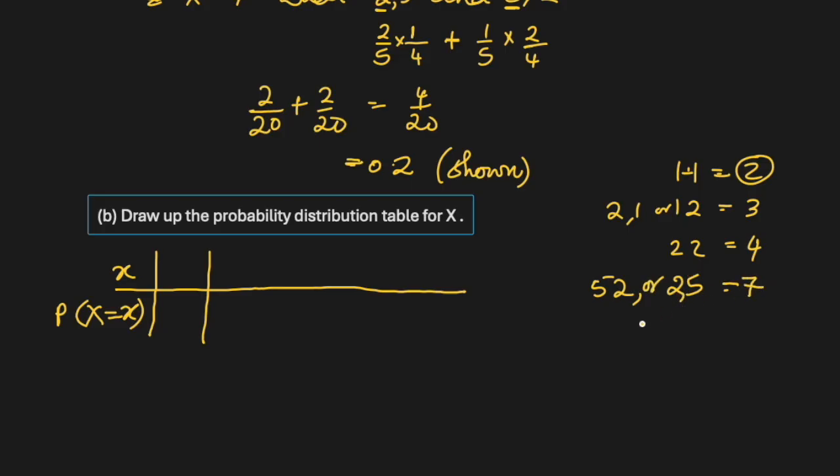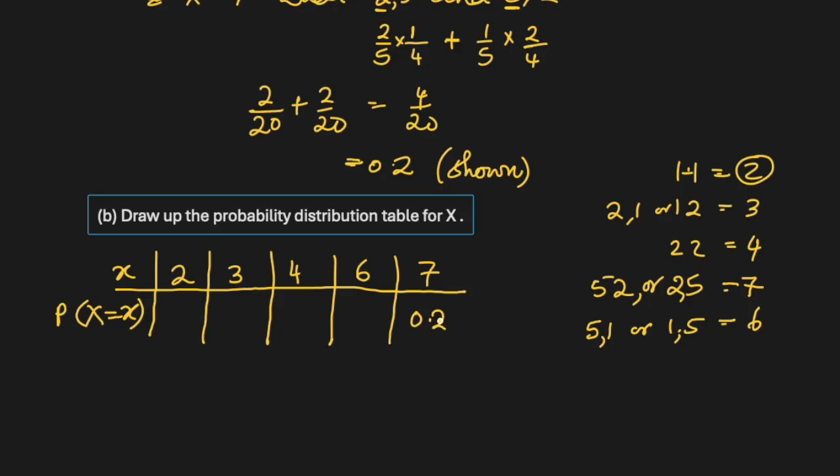The sum will be 7. Then there can be 5 1 or 1 5, and 6. So these are 1, 2, 3, 4, 5 possibilities of sums. So the x value is 2 or 3 or 4 or 6 or 7. Okay, we already got the probability of 7 as 0.2. So let's find it for the others, because 1 1 is giving us 2, the probability will be